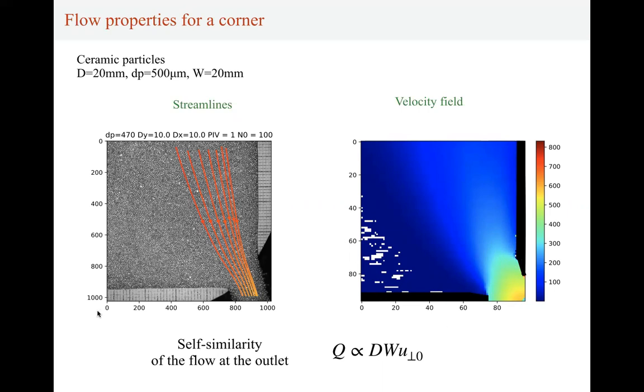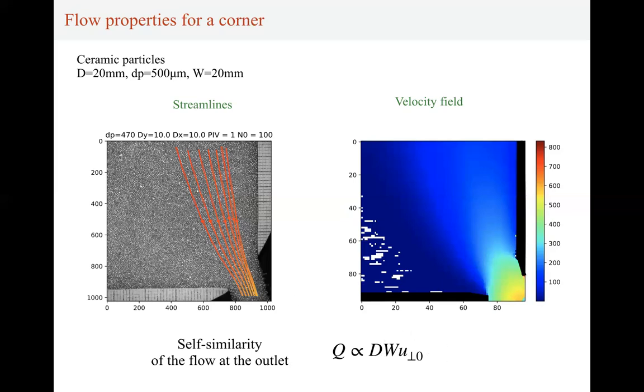We verify that the flow is nearly self-similar. There is some non-similarity, but it's really small, and it's not a first order effect. So it's really similar, and we will just use the normal velocity at the center of the outlet